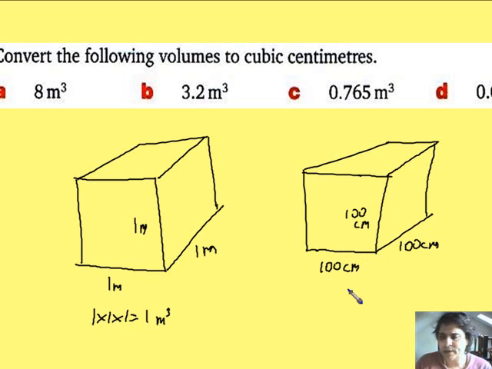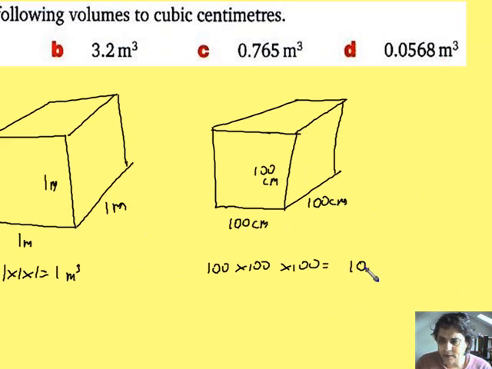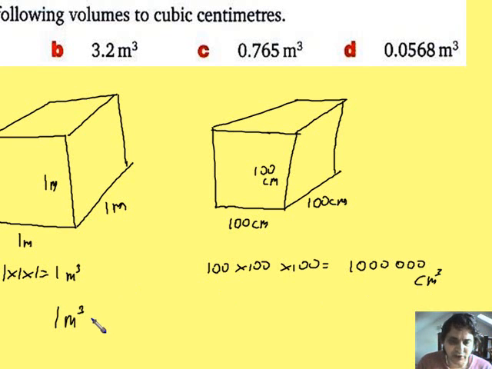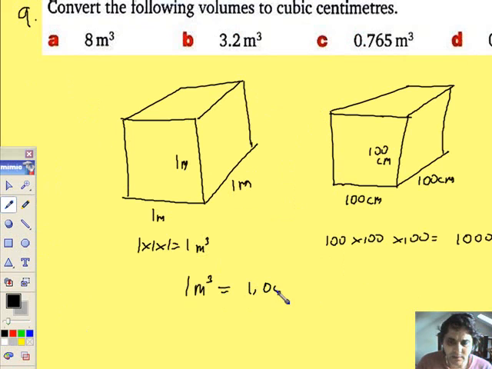Alright, so what is 100 by 100 by 100? Well, I've got 1 followed by 6 zeros. That is 1,000,000 centimetres cubed. So really, 1 metre cubed is equal to 1,000,000 centimetres cubed. You wouldn't believe that had I not done the calculation, but it's true, because you know 1 metre